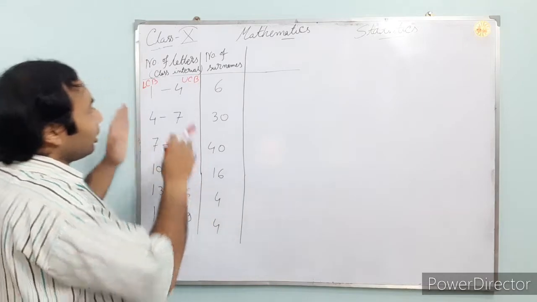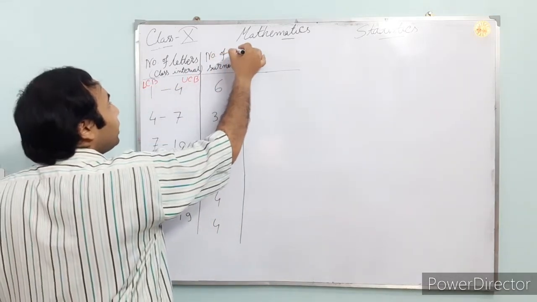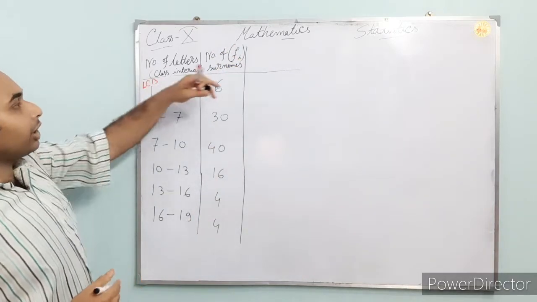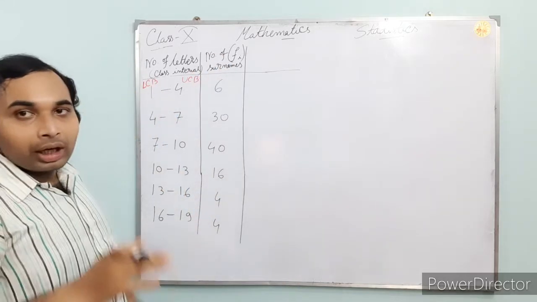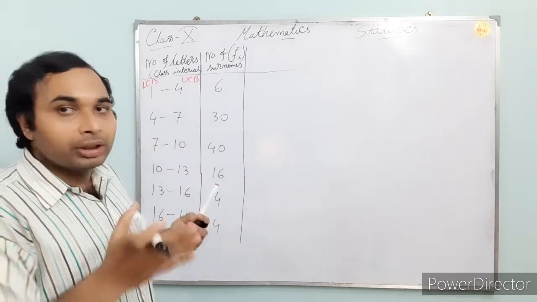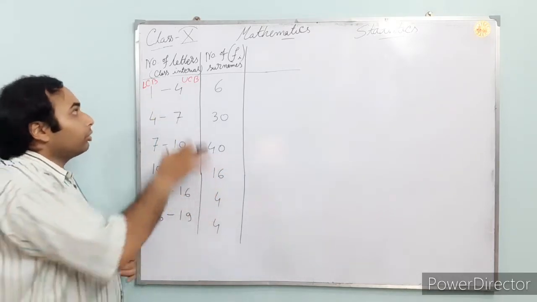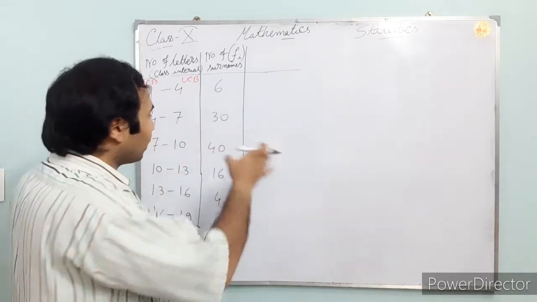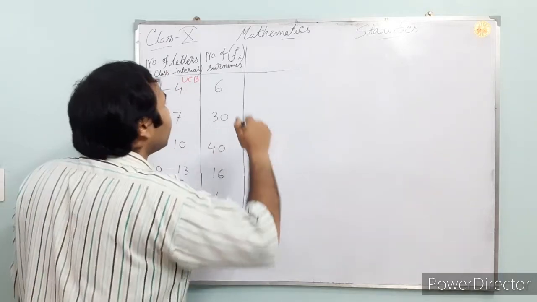So now the number of surnames here is the frequency. I am writing here Fi. So class interval and Fi. The next columns will be given to you. For the direct questions, where you have to find the mean or median or mode, this type of thing will be given: first the class interval and second the frequency. For other questions it is like that only, but some missing terms will be there. I will show you the next example there.